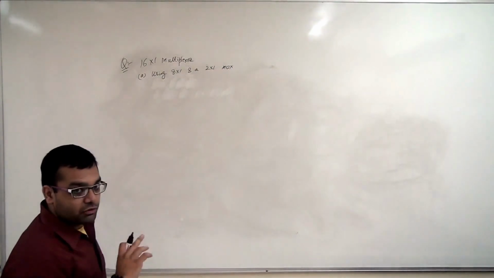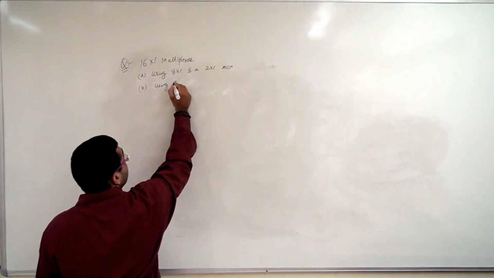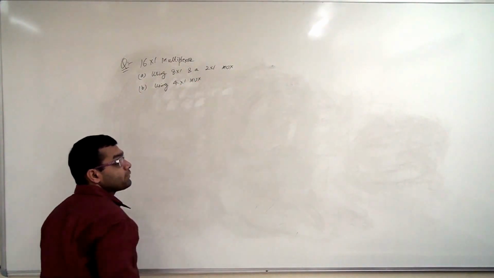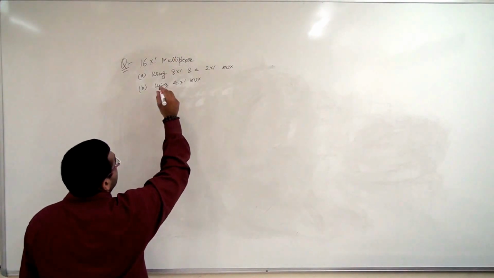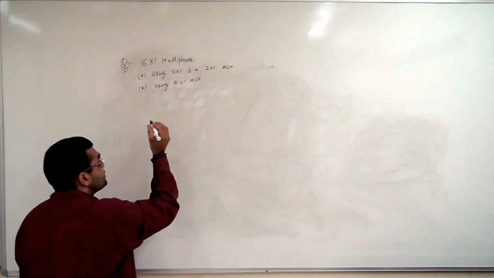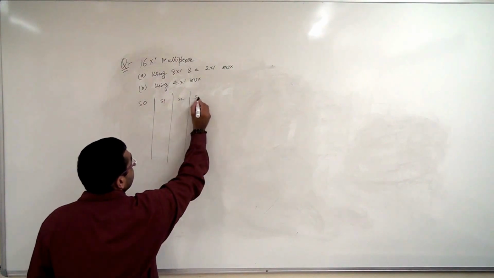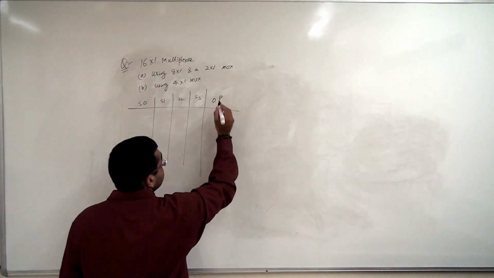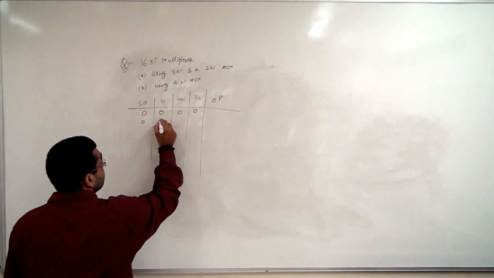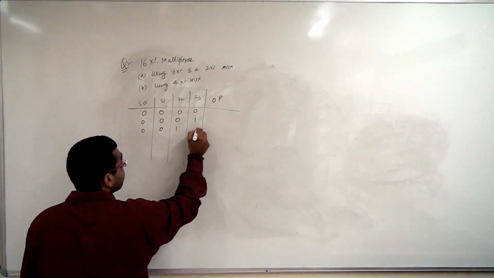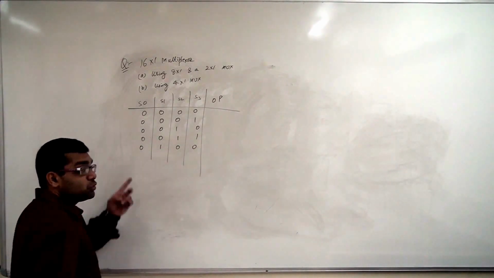MUX, in short form, stands for multiplexer. Or we use 4 cross 1 multiplexers; the working is exactly the same. So let us try to understand the scenario. If our multiplexer is 16 cross 1 size, we have 4 select lines S0, S1, S2 and S3, and the output. Our values go from 0 to 15.